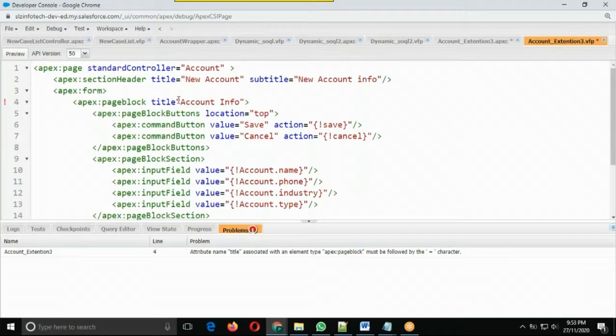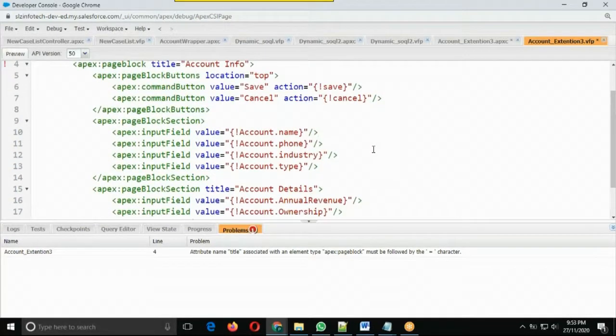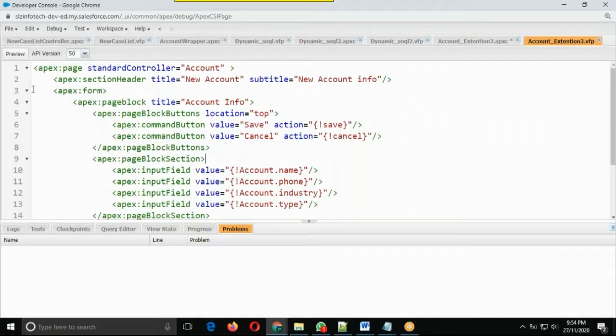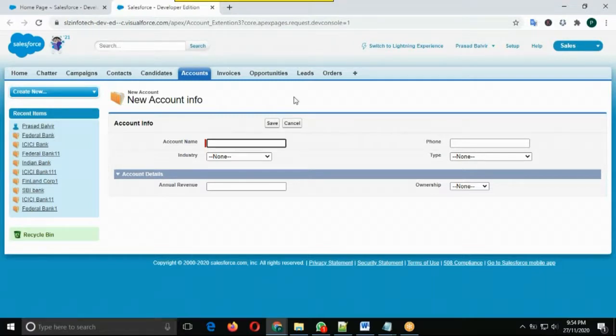Title. Just check that first. So this is the standard features.